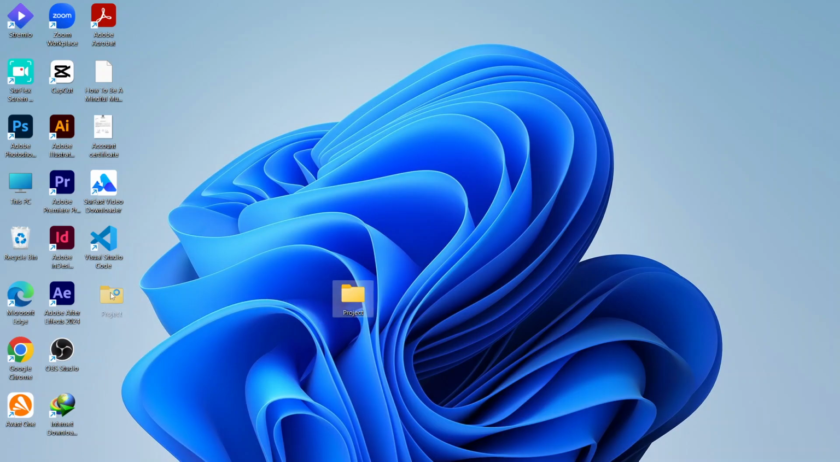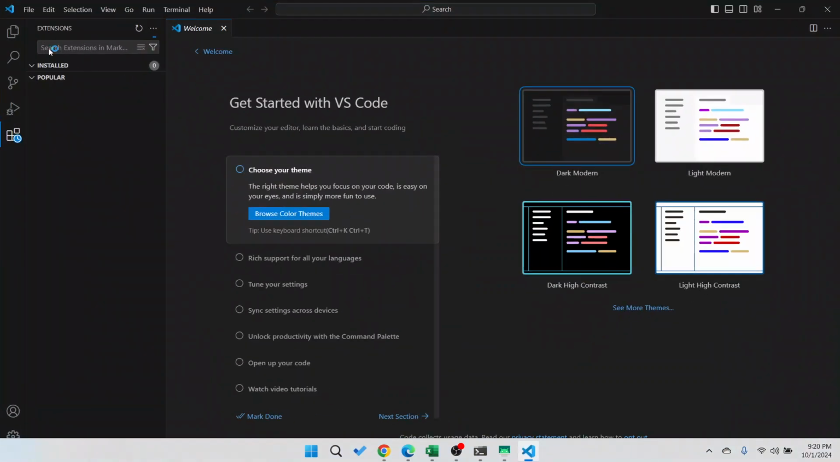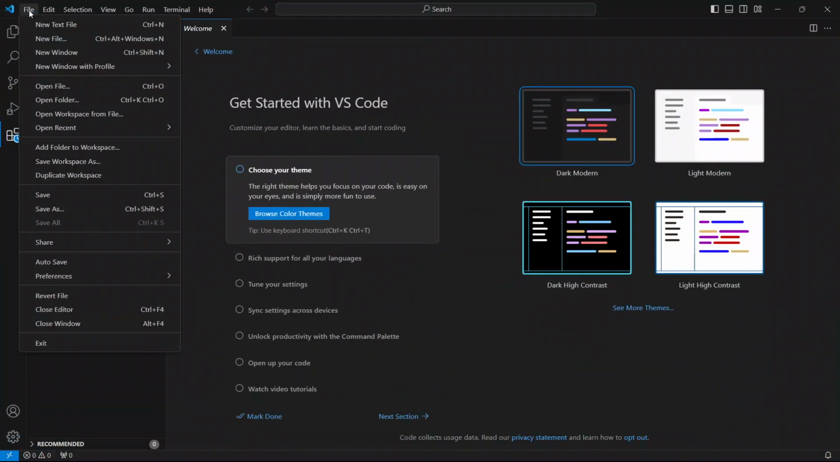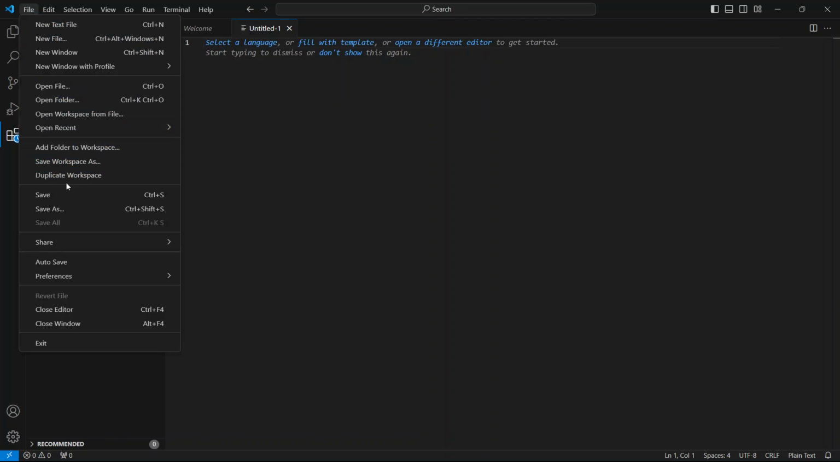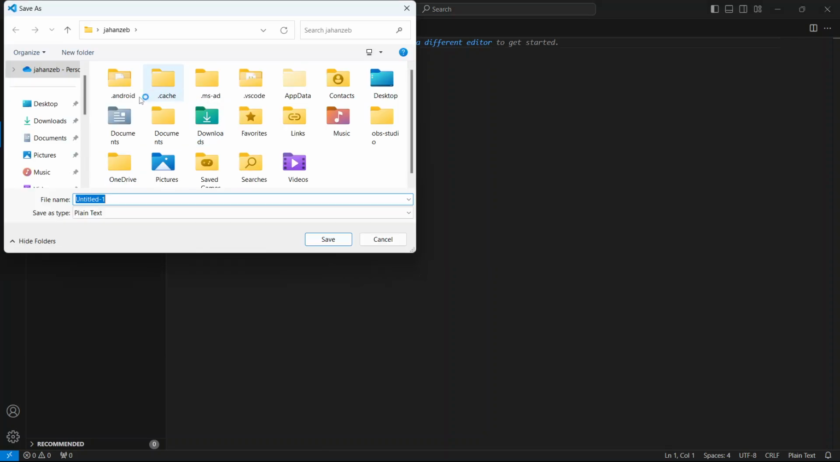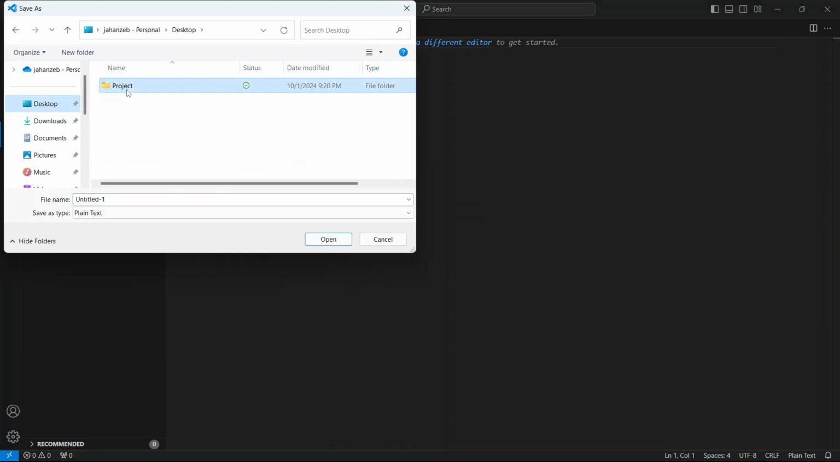Okay, paste it here, open that software, click on new, and here you can see new text file, new window. So I'm going to create a new text file for example, and here you can see that it is created, and now you want to save, so you simply need to click on that and select the folder that you created